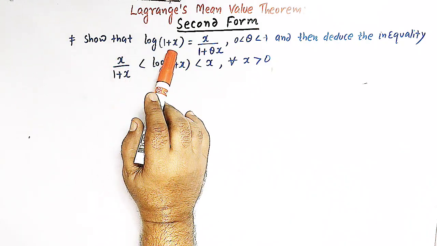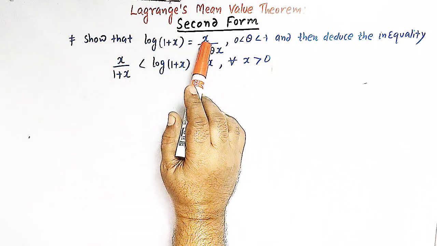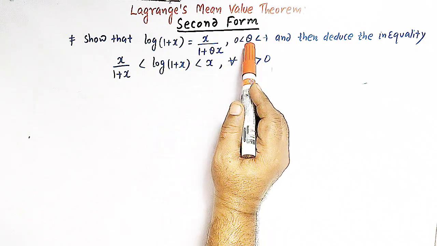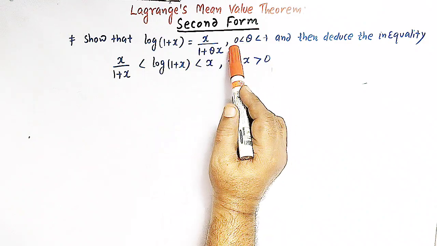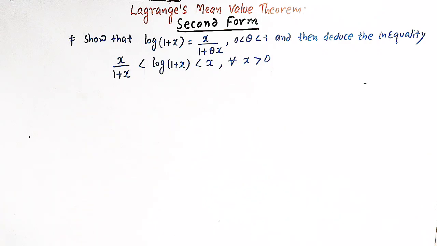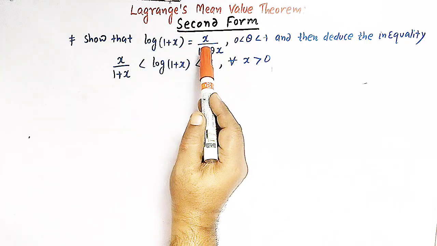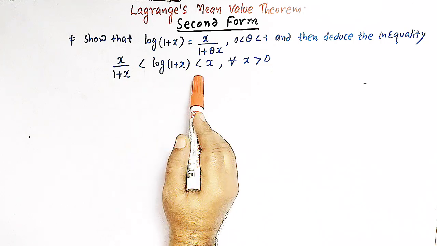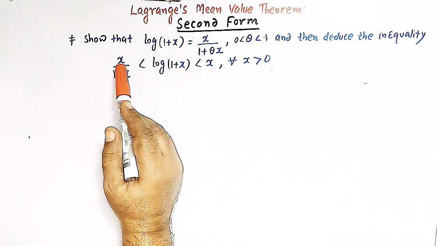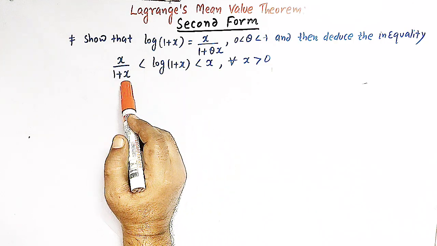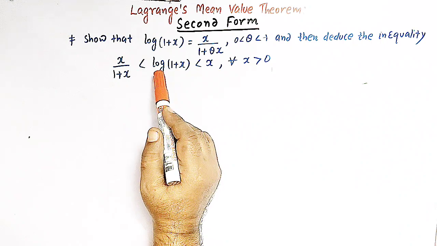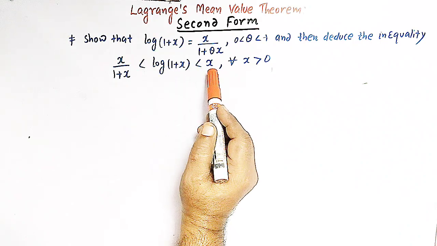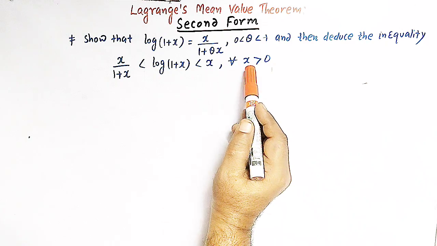of 1 plus x is equal to x divided by 1 plus theta x, where theta lies between 0 and 1. And then using this result, we have to deduce this important inequality, that is x divided by 1 plus x is less than logarithm of 1 plus x, and this is further less than x for all x